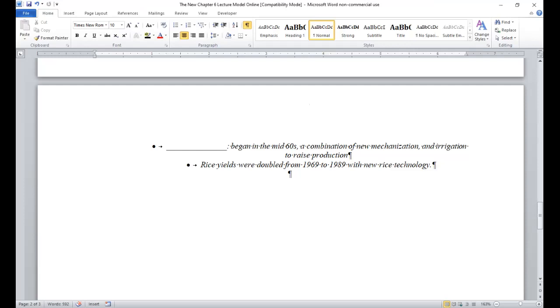This was kicked off by U.S. food scientists in Mexico using genetic modification, and actually it was as early as the 1940s. The aim, under the so-called Green Revolution, was higher yields in seeds. With the seed modification, you had a doubling of wheat, rice paddy, and corn production. From 1969 to 1989, your rice yields certainly doubled with the new technology. So,